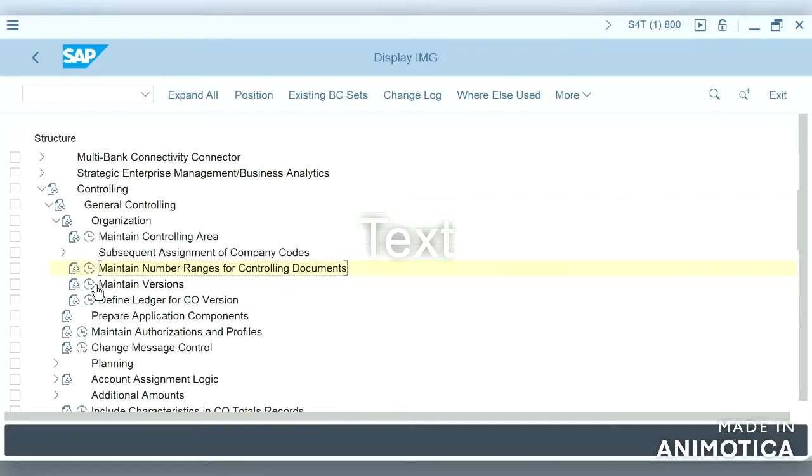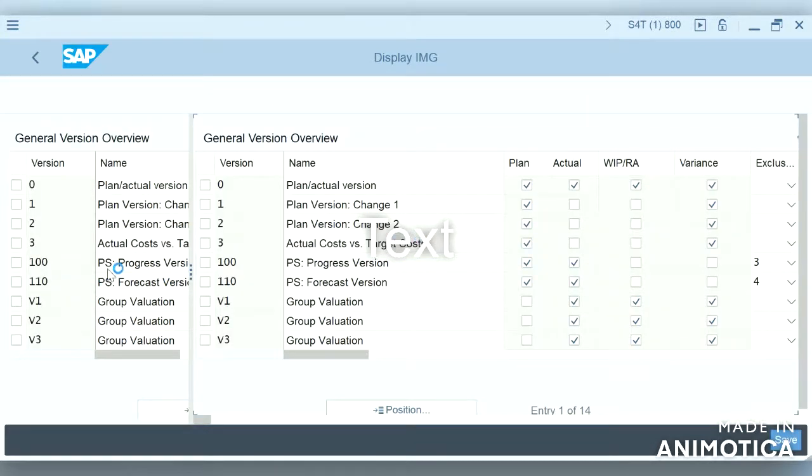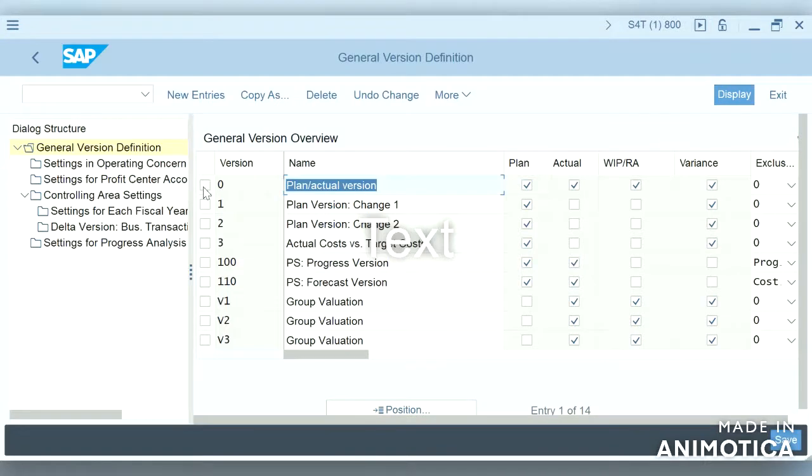Let us now maintain versions for controlling. So normally we will select 0 version. So this version is used to post the plan, actual, work in progress and variance postings in controlling.